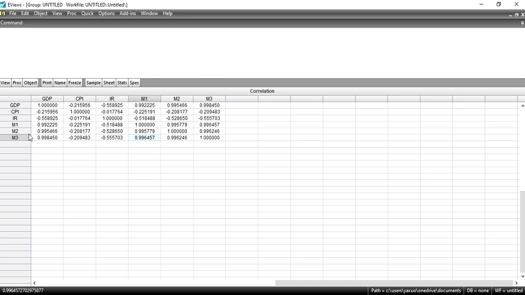Similarly, M3 and M2 are both highly correlated.